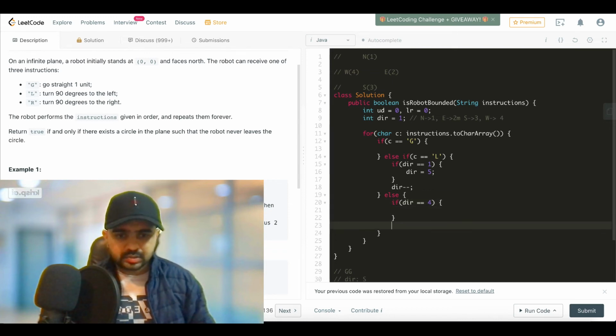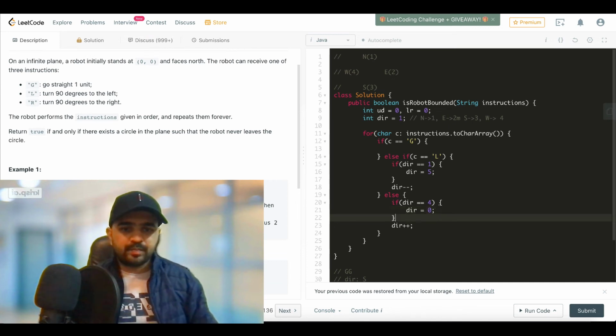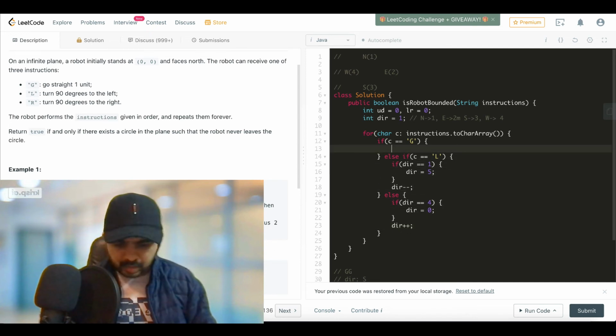For all other cases, we can just do dir++. But when we are at dir 4, let's make it 0. So after left, if we move towards right, we will end up in the north direction, that is with value dir equals 1.